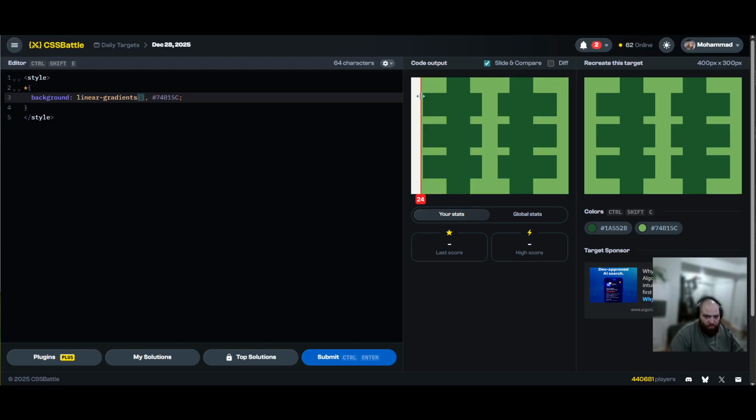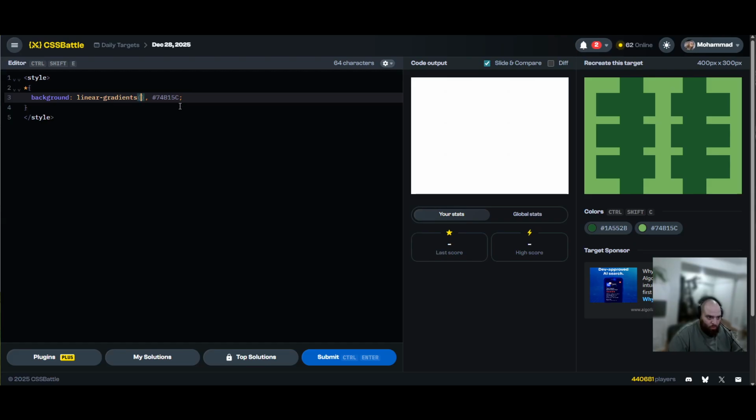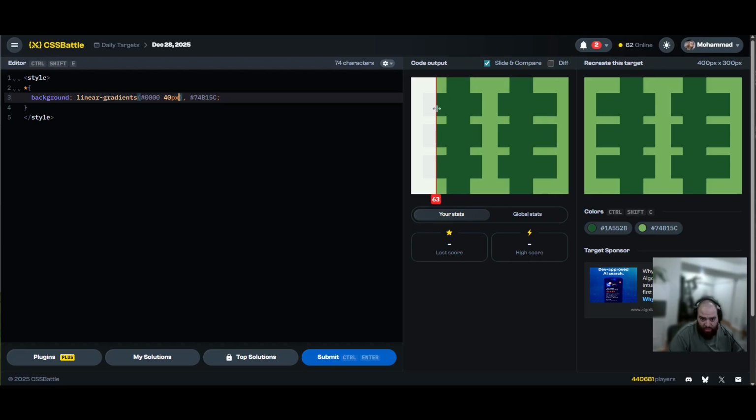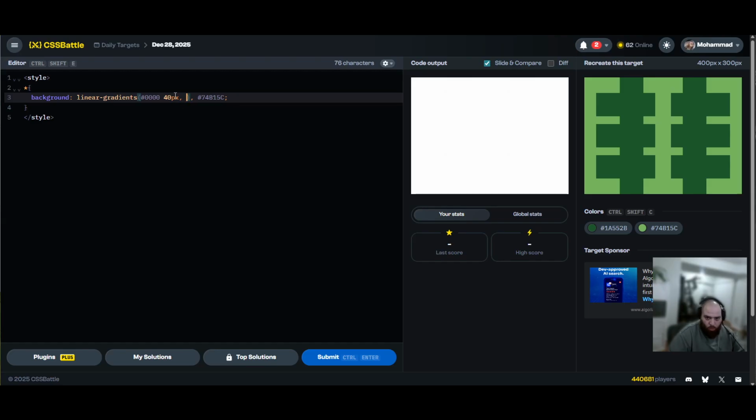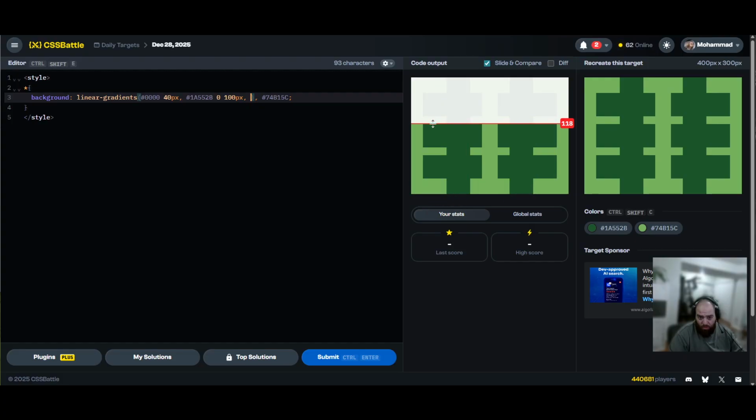I'll make it the horizontal. So we go from 0 to 40. So I'll go transparent, 40 pixels. And then 100. So it will go this green, dark green, 0 to 100 pixels, and then 100 to 120,